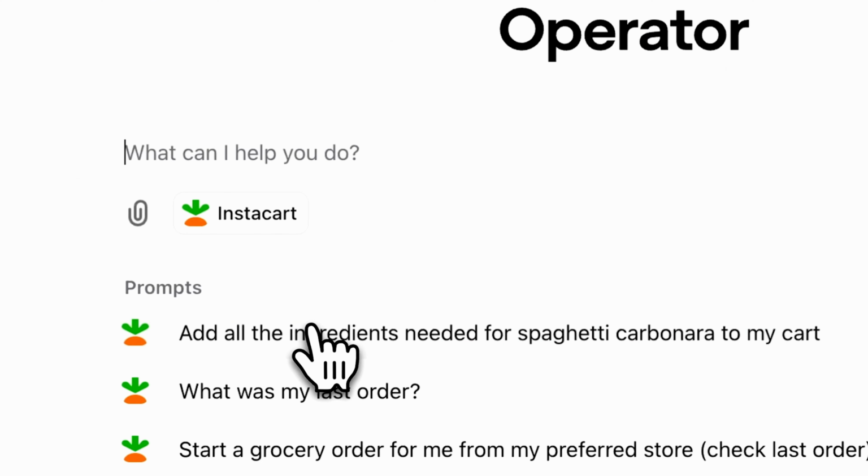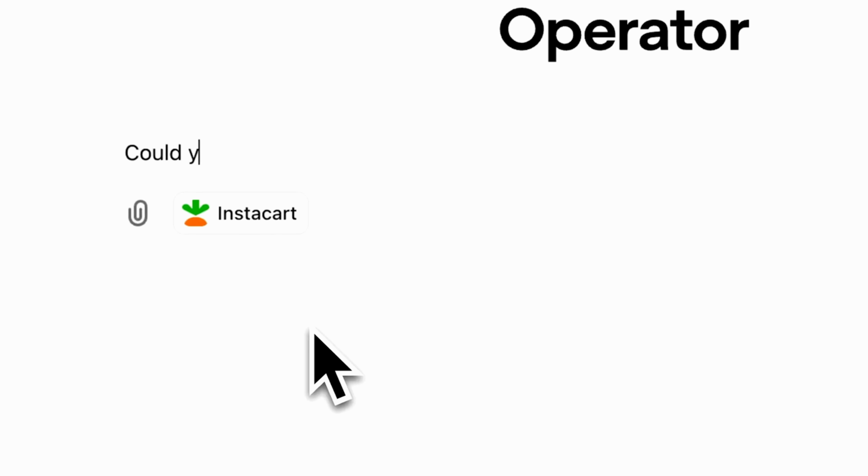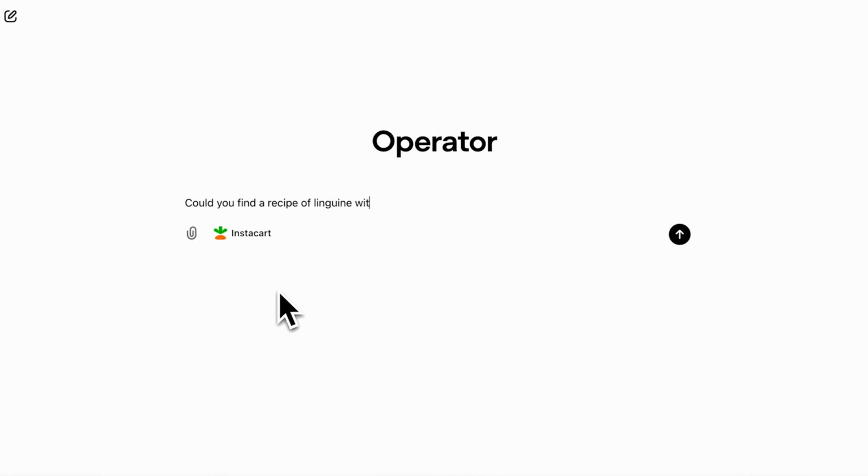But the reason for using this app is that it provides detailed instructions on how this website can be best utilized, just like a tutorial that humans can benefit from. So I'll use the Instacart tab and ask it to solve the task. Could you find a recipe of linguine with clams from our recipes website and add all ingredients to the grocery cart of Instacart? I think I already have